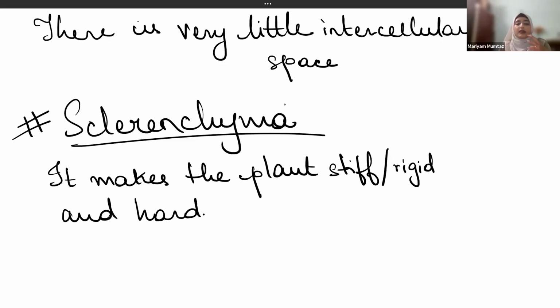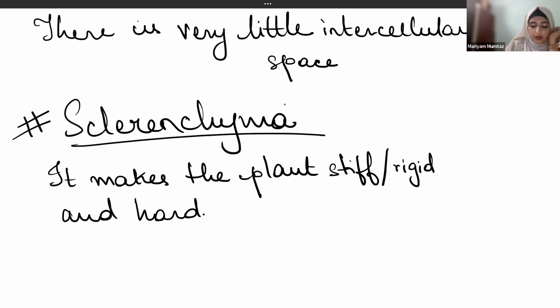This is the reason why the plant is stiff and hard, because it has a mechanical tissue present, so that a structural framework is there. When a structural framework is there, the plant will not bend like this. If you take this plant part and try to break it, it will easily break, isn't it? Why? Because it is hard and stiff. If you break something hard and stiff, it easily breaks into two parts. But if you try to break something flexible, it does not break into two parts easily, isn't it?